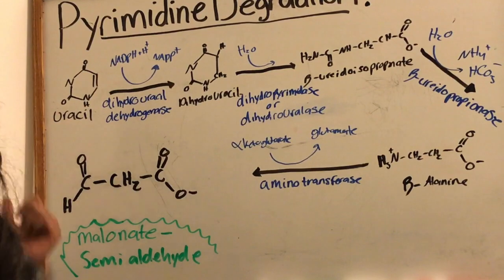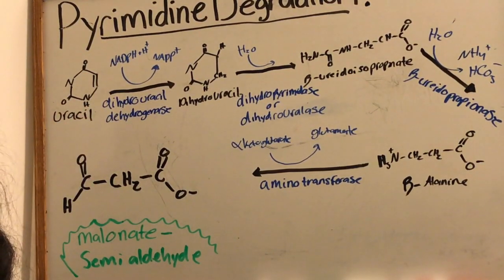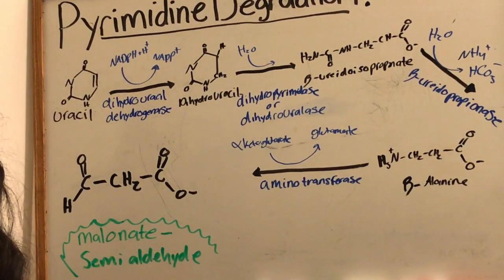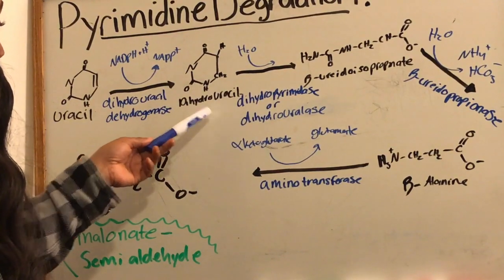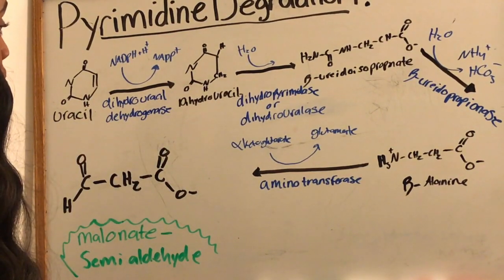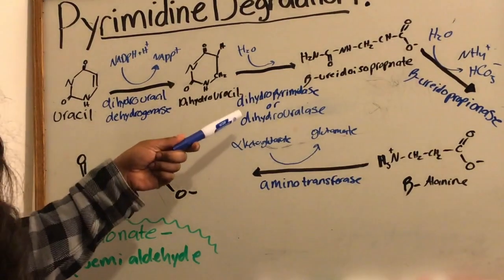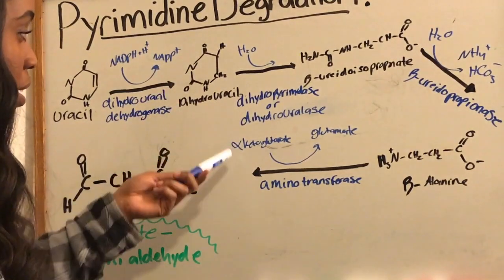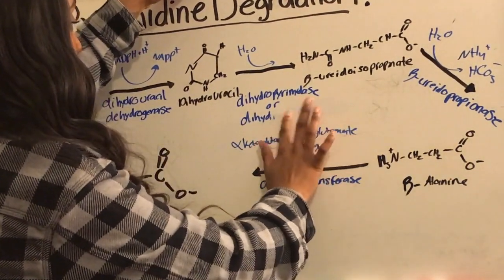So uracil is going to be reduced using dihydrouracil dehydrogenase coupled with the oxidation of NADPH, and we're going to form dihydrouracil, and that is going to be hydrolyzed in the presence of dihydropyrimidase or